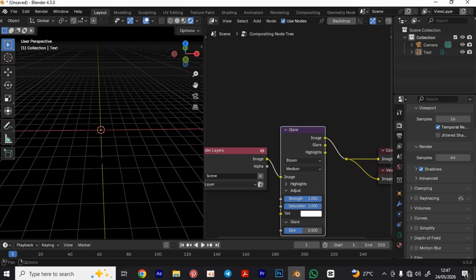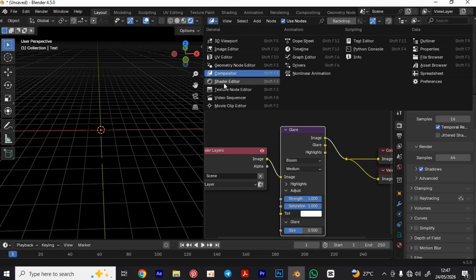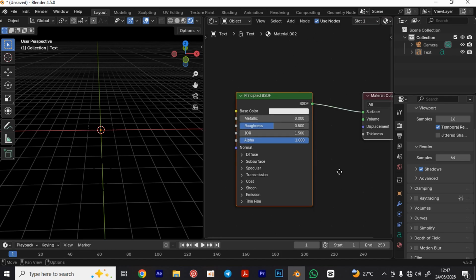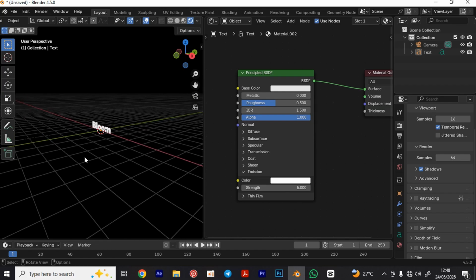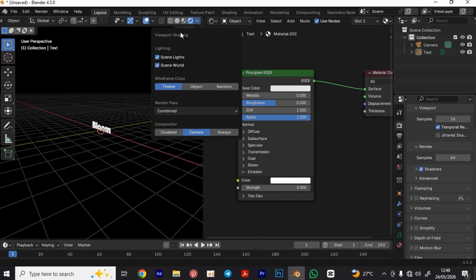Okay, the reason why is because I haven't done the shader. So new, now come over to emission, and just increase this. Let me give you a strength of 5. Okay, 5 we do. So as you can see, there's nothing happening as well. The only way it can happen is if you come down, click this button down here,